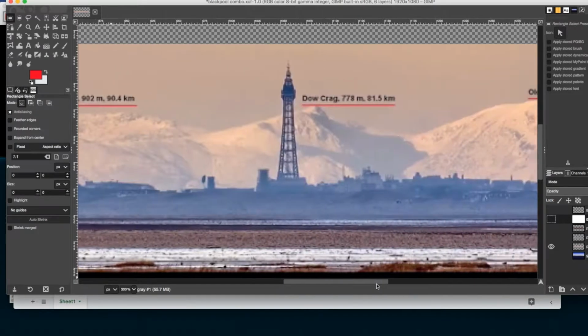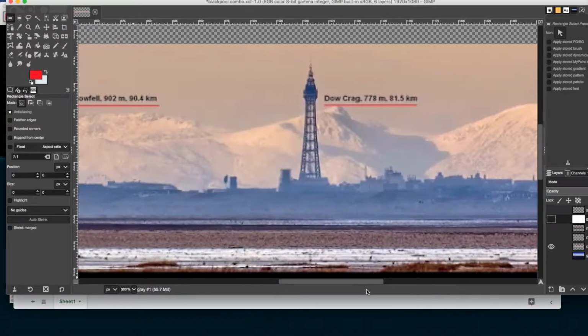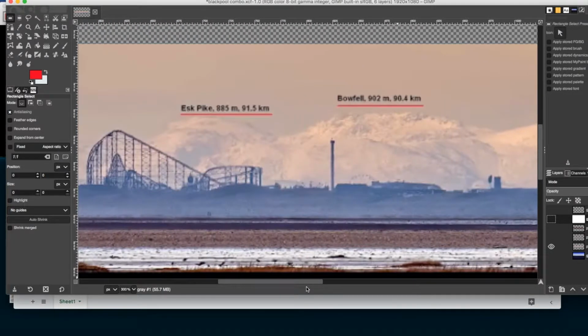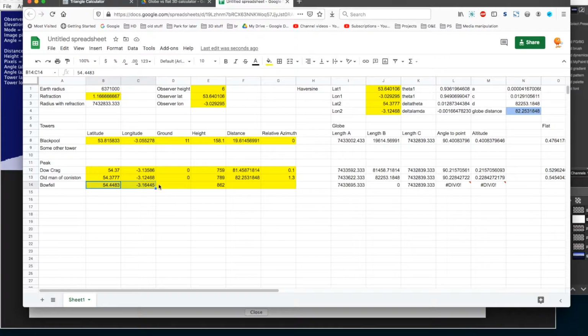So here I'm using the image that I stitched together from one of Ruhif's videos that he made, because Ruhif has identified a bunch of peaks. So let's say I want to represent Bofell. All you would do is copy this line. So in this case, I just grabbed the geo-coordinates of Bofell from my application, along with the elevation data